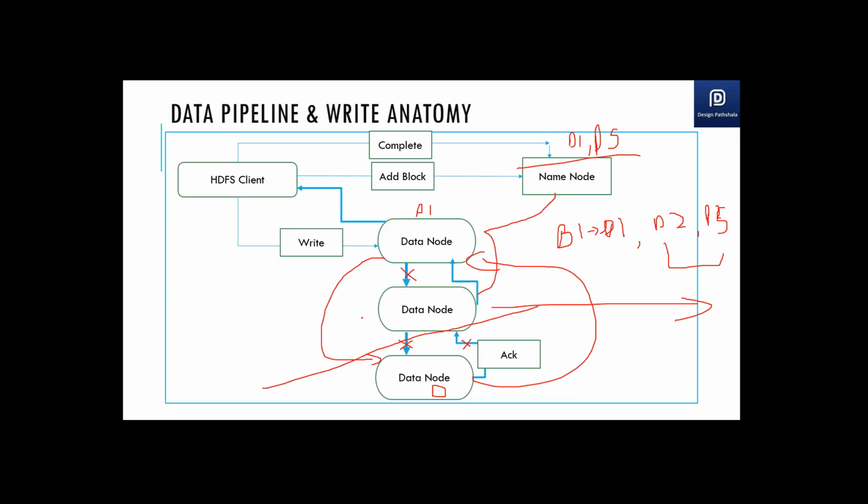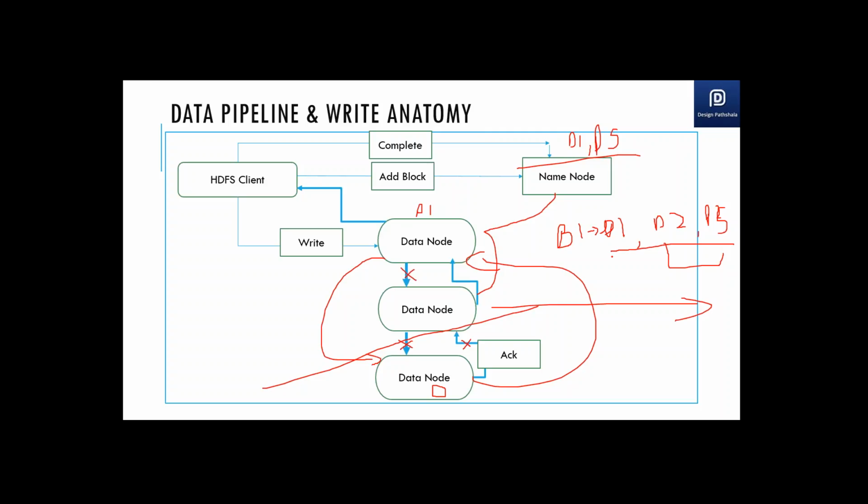But the probability of that is very low, because your data is copied to three nodes at a time. The name node knows these three are up, because they have just sent heartbeat signals to the name node a few seconds back.